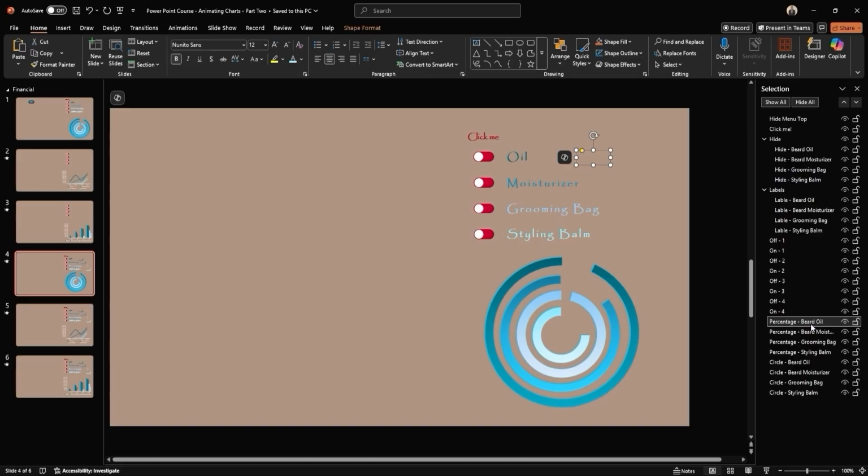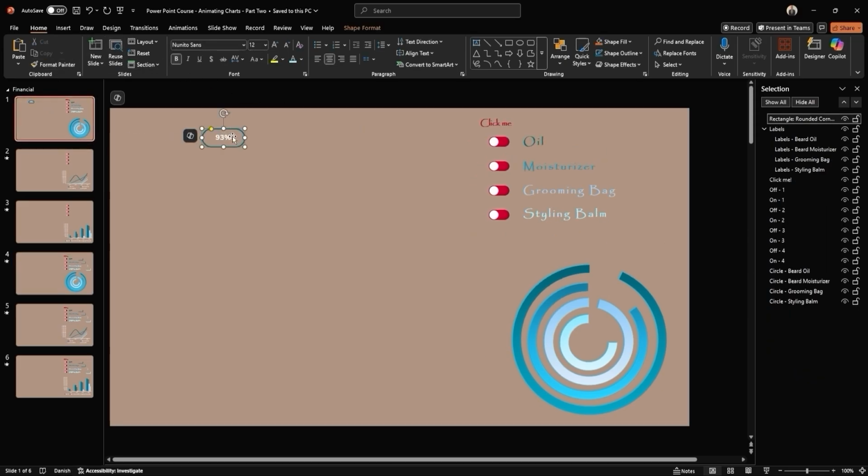Since we already learned how to change the background of a text box and alter its appearance in a previous session, let's use the Format Painter trick to quickly style our new data bar. Go to the Selection pane, find and click on one of the percentage data bars. Even if it's currently hidden, you can still access and use Format Painter on it. Then, head back to slide 1 and apply the formatting to the data bar. That should instantly align it with the final design.